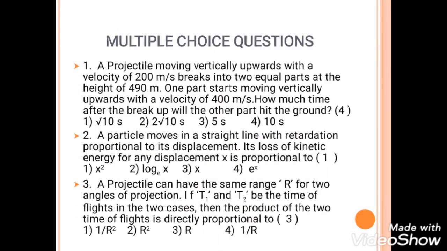A particle moves in a straight line with retardation proportional to the displacement. Its loss of kinetic energy for a displacement is proportional to. Here, this description clearly belongs to simple harmonic motion. In simple harmonic motion also, retardation is proportional to x, and loss of kinetic energy is proportional to x square. Using this